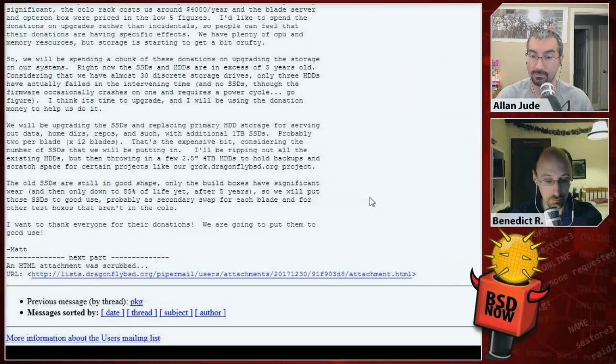Probably 2 for each of the blade times 12 blades. That's the expensive bit, considering the number of SSDs that we'll be putting in. We'll be ripping out all of the existing hard drives and then throwing in a few 2.5-inch 4 terabyte hard drives to hold the backups and scratch space for certain projects like the